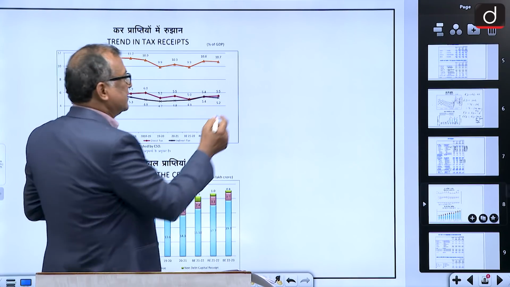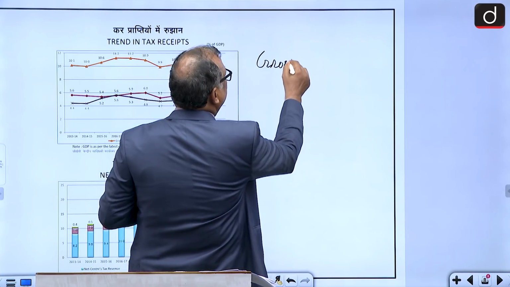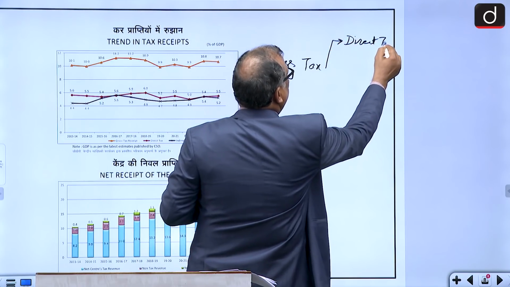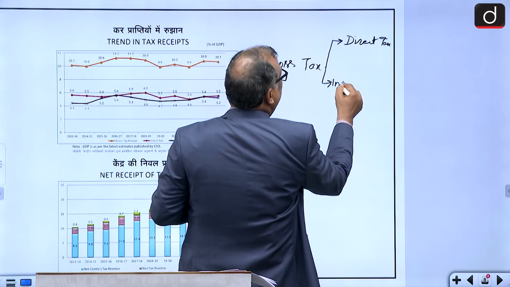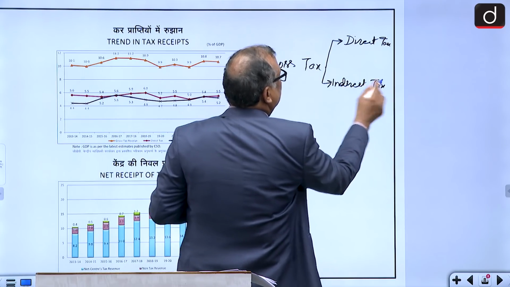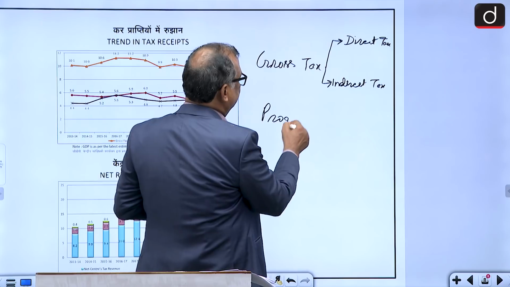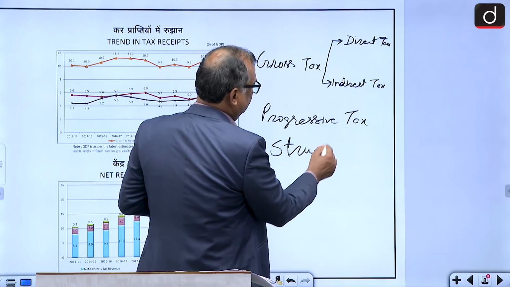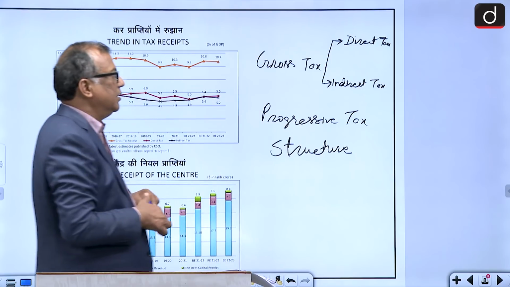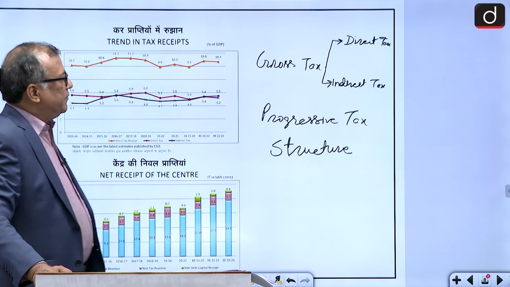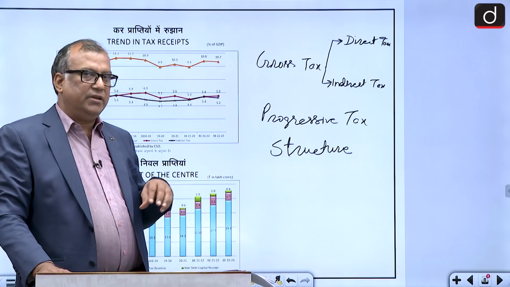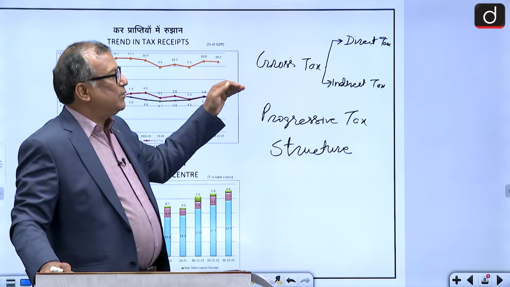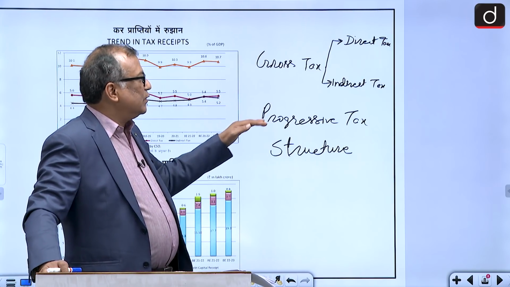If in any gross tax collection direct tax is more and indirect tax is less, this structure of tax is called progressive. This could be a conceptual question in the examination, they have asked several times. If in any country, in any state, local body, you look at the gross amount of tax and within that you find that the direct tax amount is more and the indirect tax amount is less, that is called progressive, because